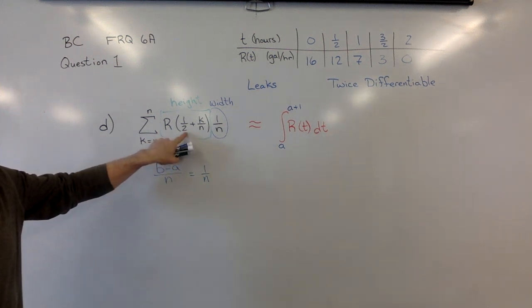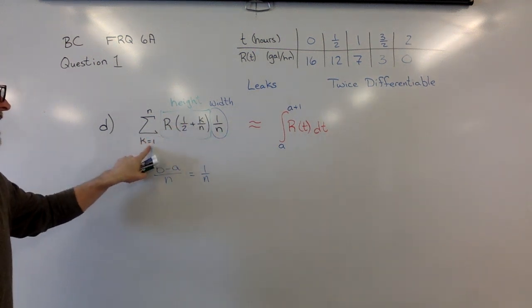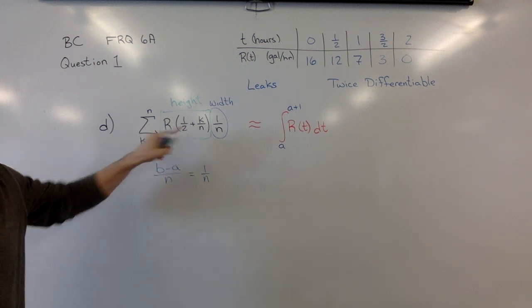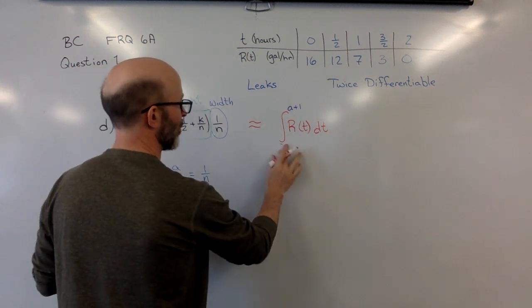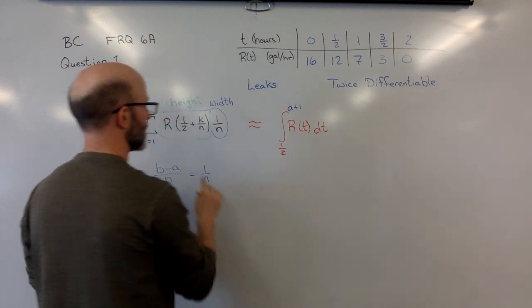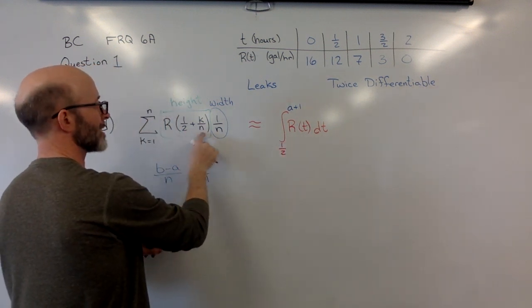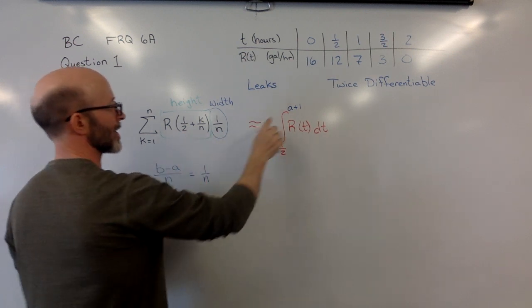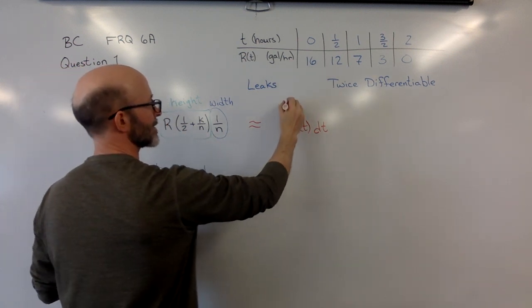But here's the one thing I want you to remember. One, they're throwing out K just to confuse you, but this first number tells you the starting point. We're starting at 1/2. And this just means, go to the next rectangle and find the next height. And when you add another number, you go to the next rectangle and find another height. Essentially,